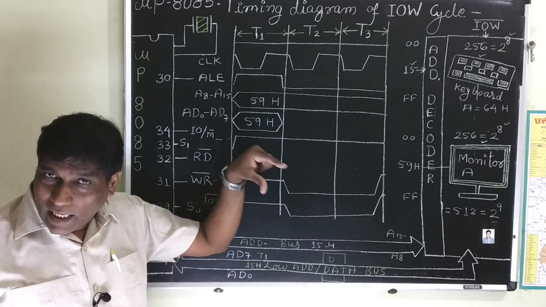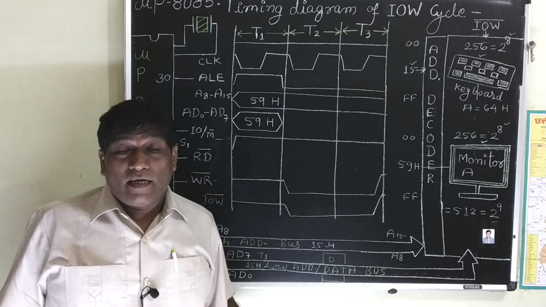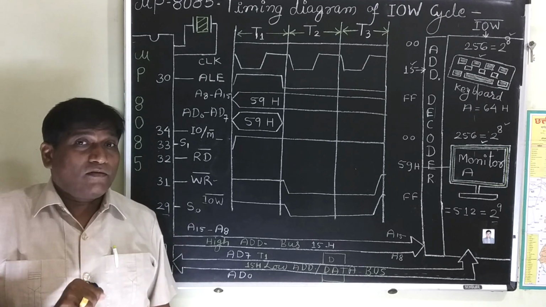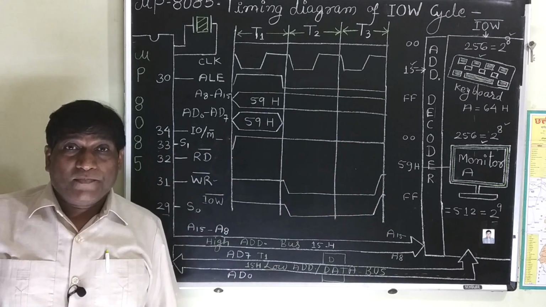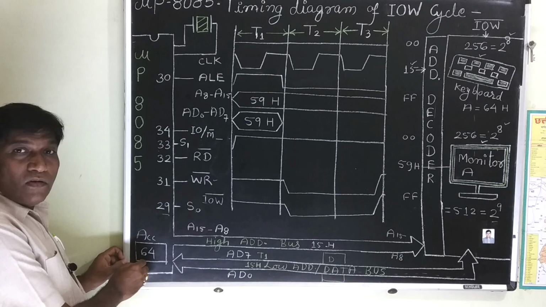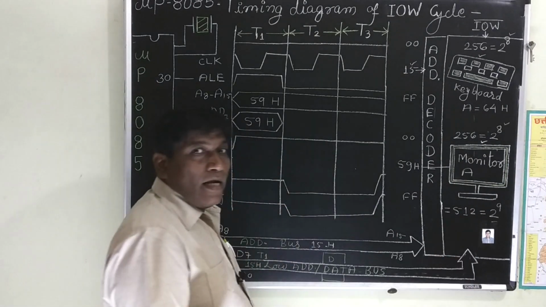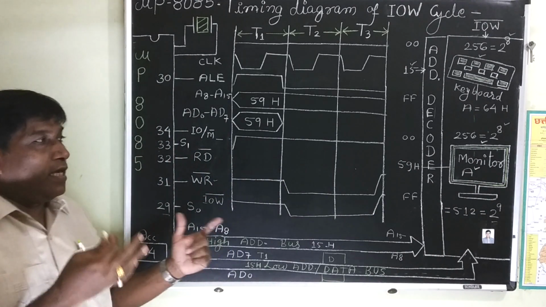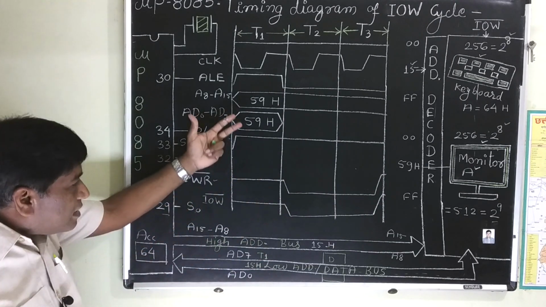Again, it is fed to a hardware which we have already studied, and from that hardware IO write bar is generated. Again, we remember from Chappan Bhog, IO write bar is output number 6 of the 3 to 8 decoder we have seen. So from there the IO write bar is connected here, and this will be enabled. Whenever it is enabled, this data will be transferred via the data bus to the monitor, and at the monitor you will see this A, which is actually the data fed by your keyboard coming to the monitor,